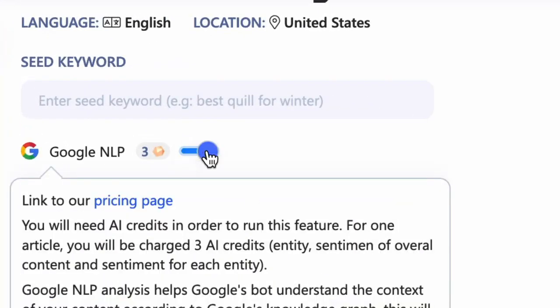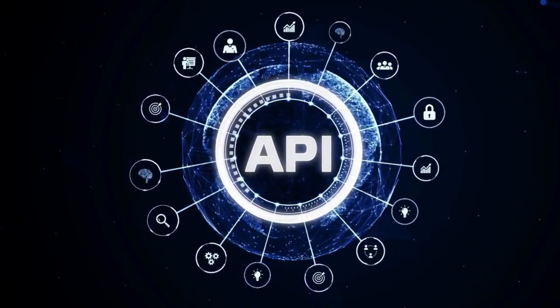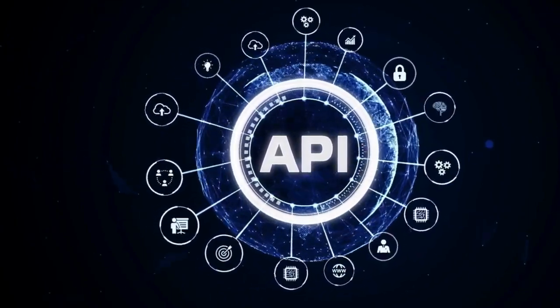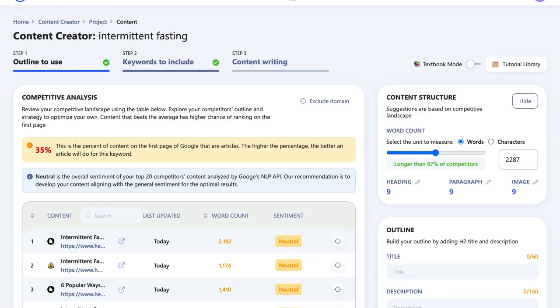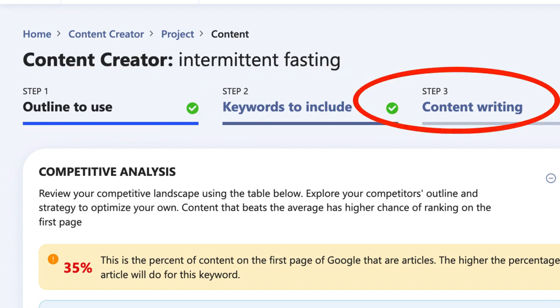If we toggle Google's NLP switch on, WriterZen integrates with Google's NLP API to pull out the required entities for any piece of content you're creating. This is your new dirty secret, your unfair advantage. WriterZen actually tells you the entities you need to include on your page. Inside the content creator, you'll see 3 steps: the outline builder, the keyword screen, and the final step, which brings